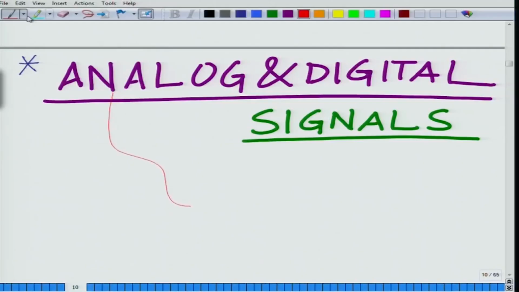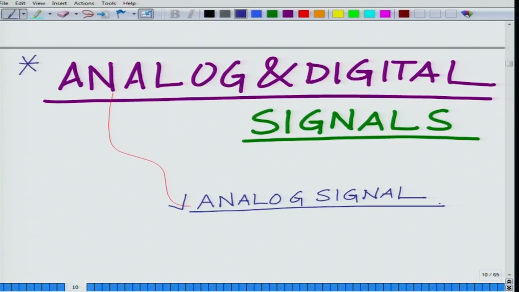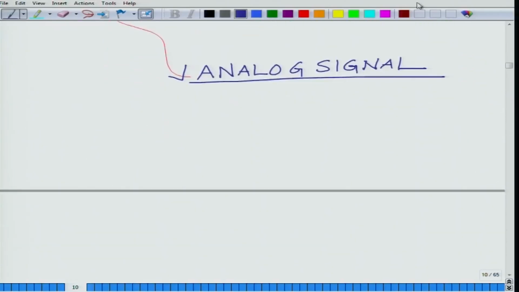These are continuous time signals which can take all possible values over a continuous interval. Okay, so an analog signal, this is a continuous time signal x(t), correct? It is a continuous time signal x(t)